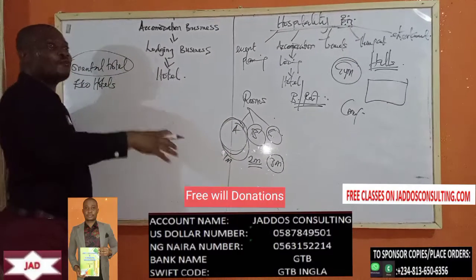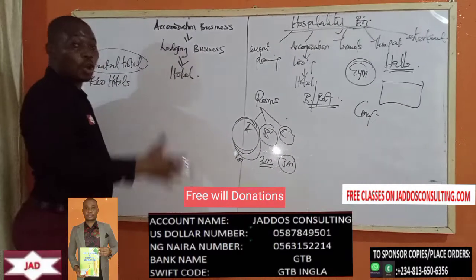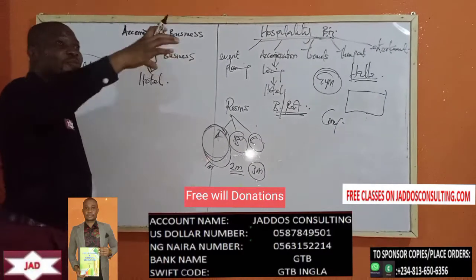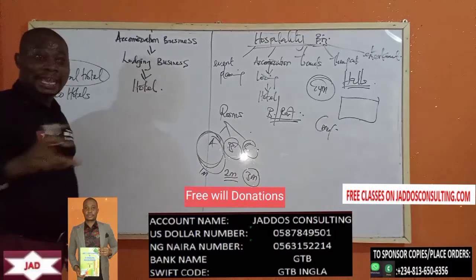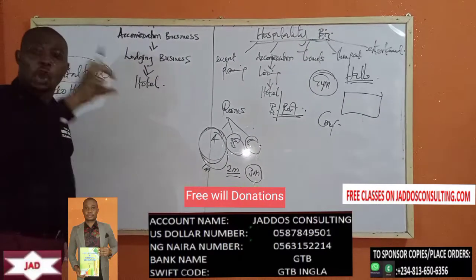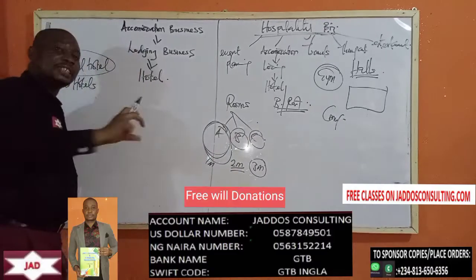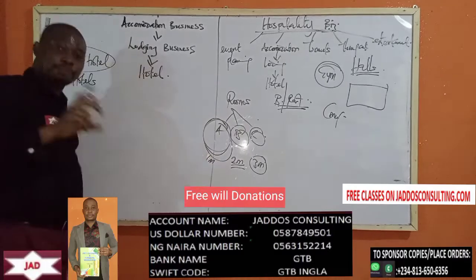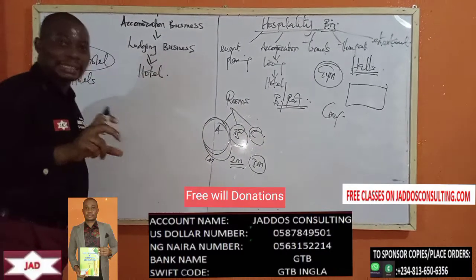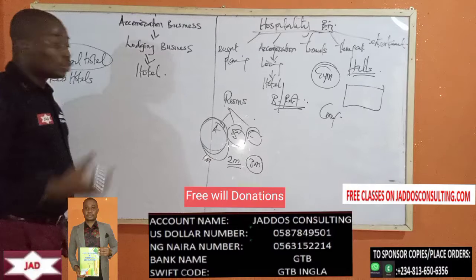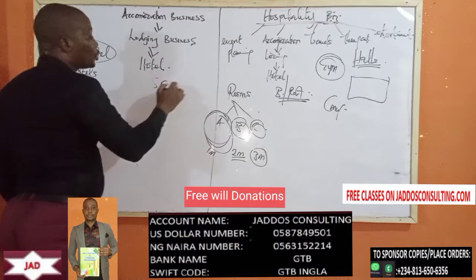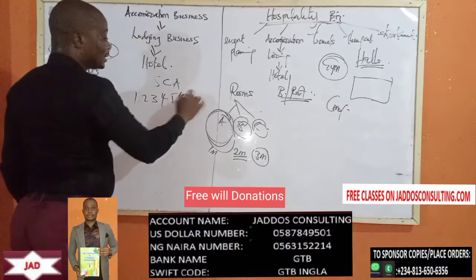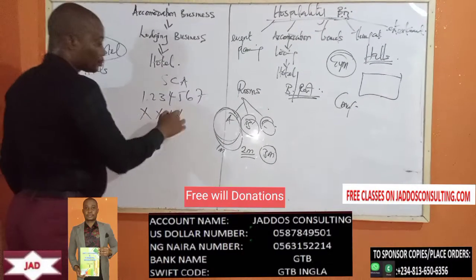And now in the area of non-current asset schedule, or what we call fixed asset schedule, a fixed asset schedule is just trying to show the list of fixed assets or non-current assets the business has at a particular reporting period, showing the cost of the assets, depreciation charged as at that particular period from inception and for that current period, and the value of those assets after removing the depreciation. So if you have, let's say, 7 categories of assets, 1, 2, 3, 4, 5, 6, 7, each of them has a cost.